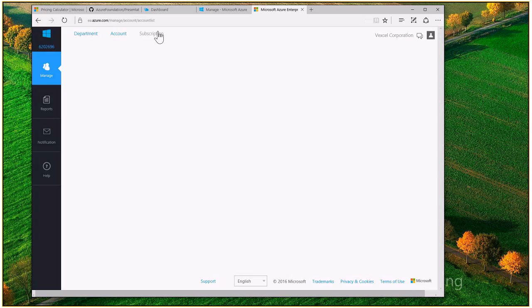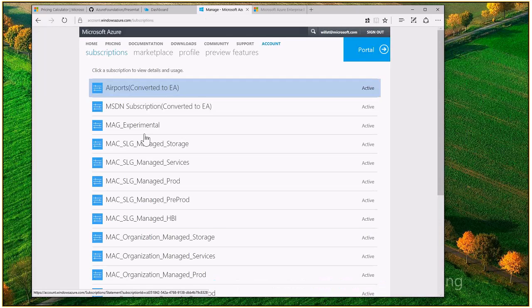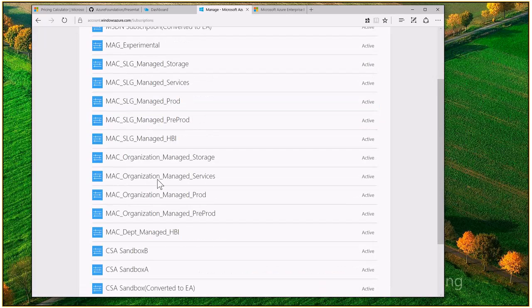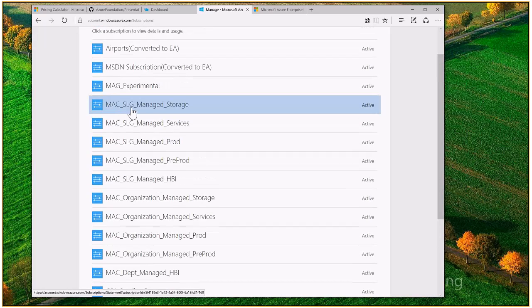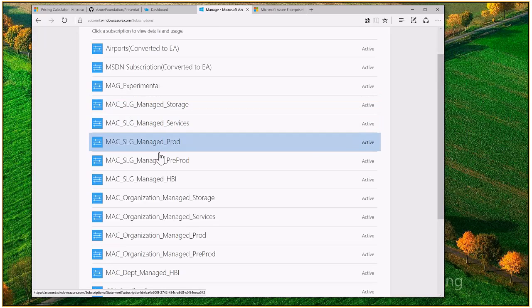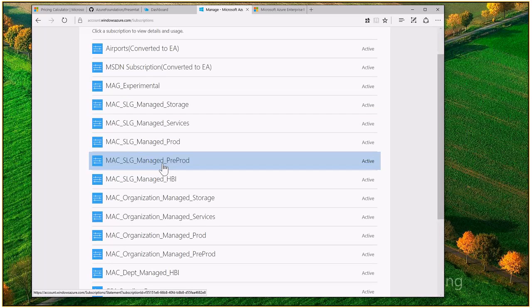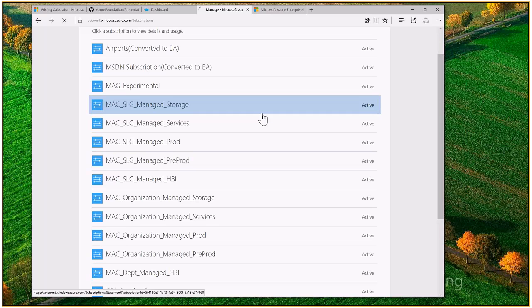When this comes up, it'll show that I'm an account administrator, but I'm not. I'm a department administrator, but I'm not an account administrator. When I look here, you'll see all of my subscriptions internally. And so what I've tried to do here is say, here's my SLG managed storage services, prod, pre-prod, and how it does impact. When you look at a subscription,